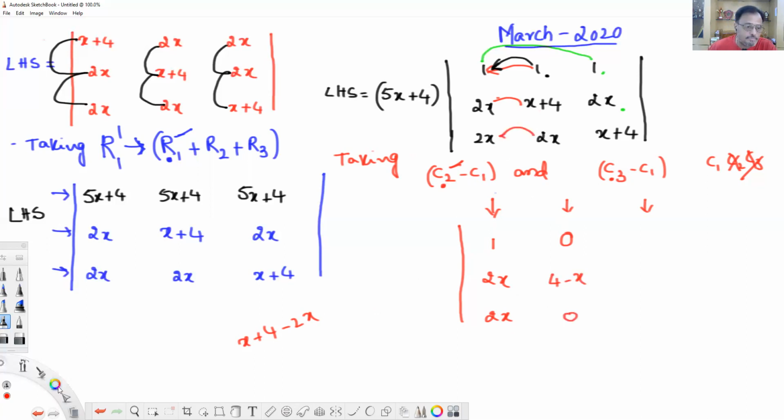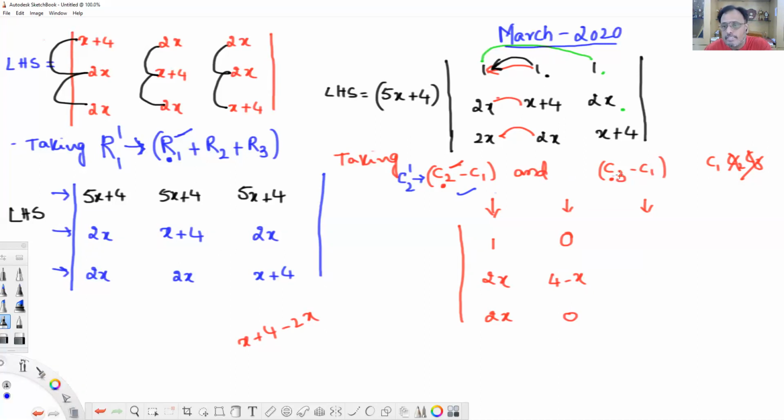Now I'm changing the color. Look here. Now the first surgery is over. That's the reason a new C2 has been formed compared to the previous one. In the previous column 2 it was 1, x plus 4, 2x, but here the new column 2 has formed. Therefore, new column 2 can be achieved by taking C2 minus C1. Next, the first surgery is over.